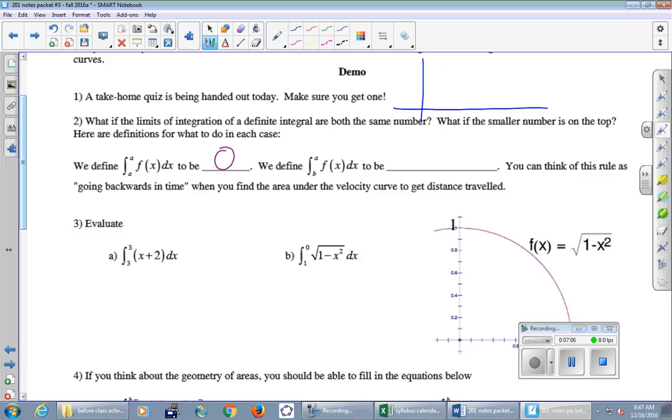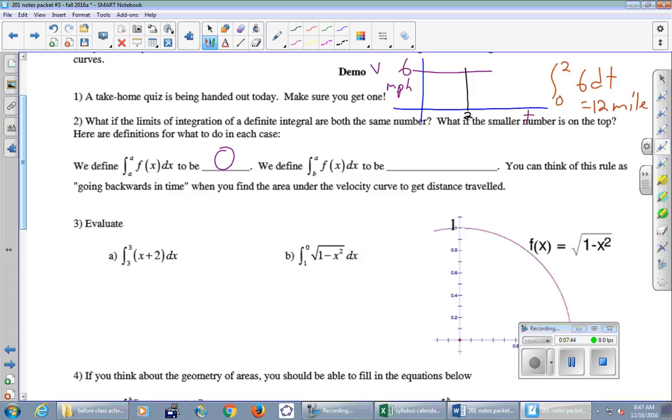Suppose that I tell you that I've got somebody here who is traveling, this is the velocity and this is time, traveling at a constant 6 miles per hour. Somebody's out for a run, 6 miles an hour. And I want to know, like out here to 2 hours, they go for a 2-hour run. So what I'm calculating here is the integral from 0 to 2 of the constant function 6 dt. What is that equal to in this case? 12, right? It's just 6 times 2. The area of that little rectangle there